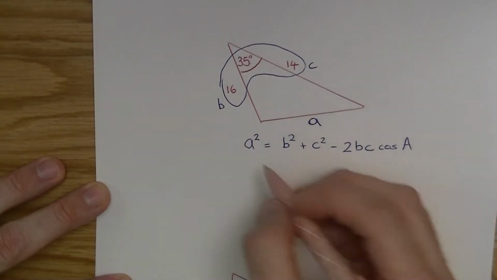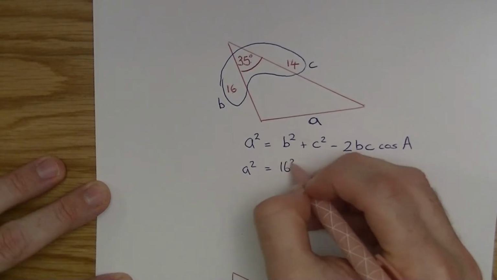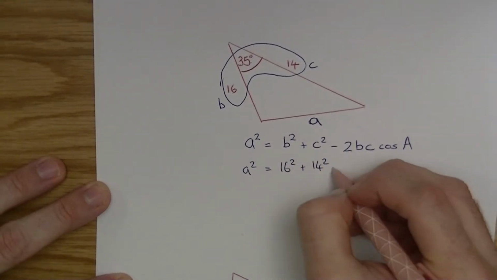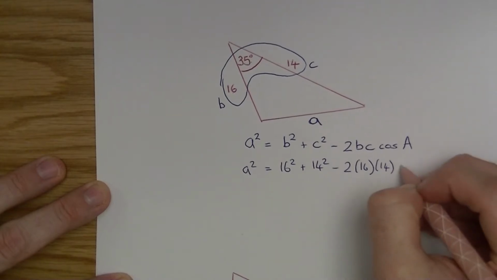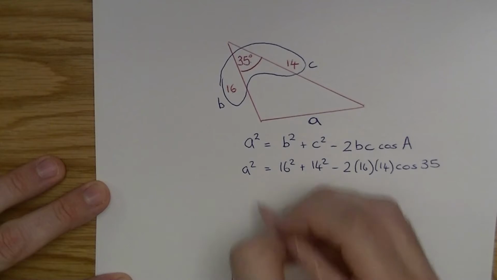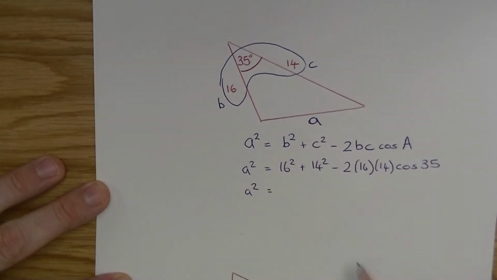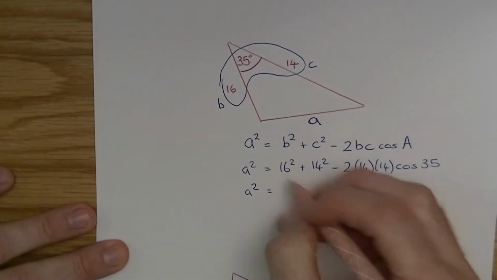Okay, how would it look for here? This one squared is equal to 16 squared plus 14 squared minus 2 times 16 times 14 times the cos of the angle in the middle, 35. Now, with a Casio, I didn't have the luxury of a Casio at home, but with a Casio you should be able to type that in like that, and it'll just give you the answer, okay? I've had to kind of split it up, but if you try it on a Casio, hopefully that comes out to